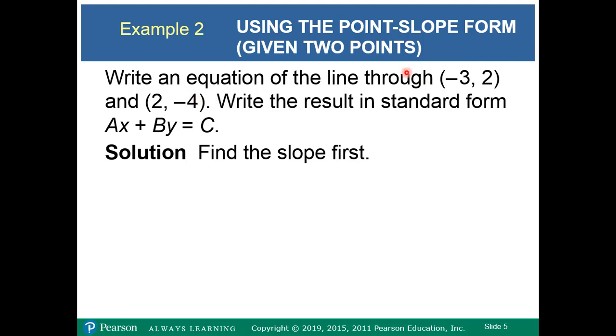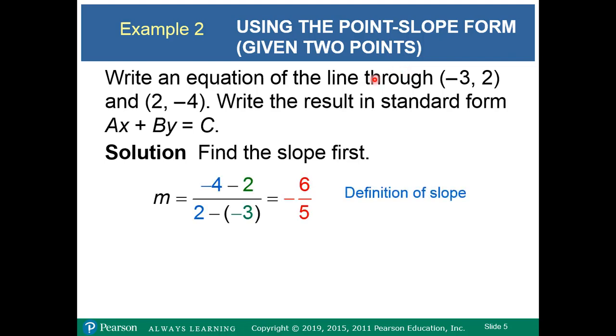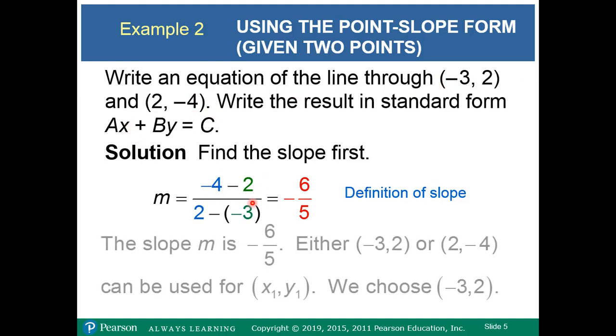So we plug into the slope formula, and we find that our slope is -6/5, by just using the definition of slope. Now we can go back and use the point slope form. This is great, and it doesn't matter which point we use. We can use one of these 2 points with the slope. Okay, so